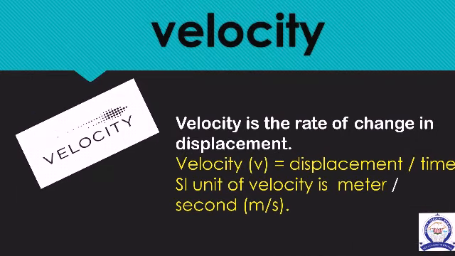Velocity. The meaning of velocity of an object can be defined as the rate of change of the object's position with respect to a frame of reference and time. It might sound complicated, but velocity is basically speed in a specific direction. It is a vector quantity, which means we need both magnitude and direction to define velocity. The SI unit is meter per second.